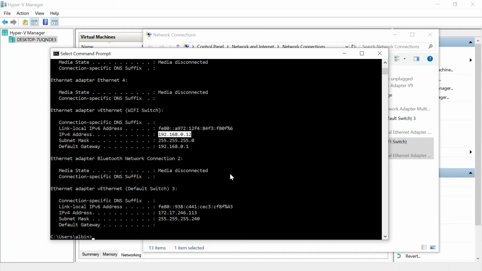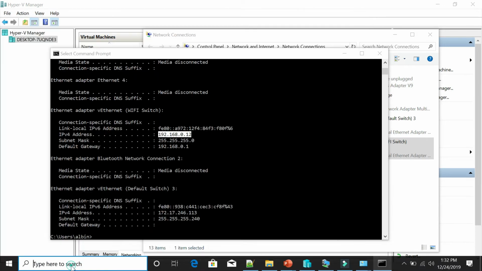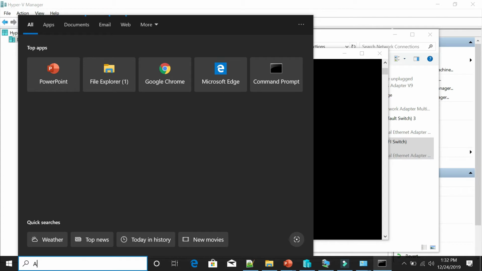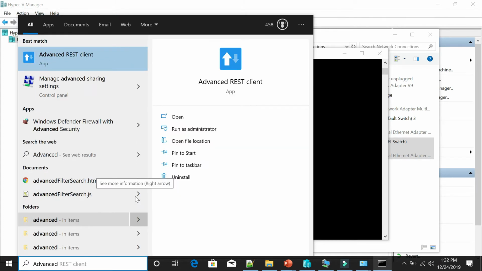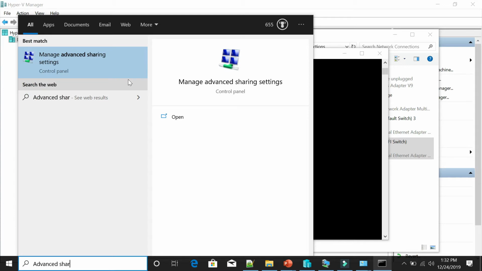Now we need to enable the sharing. For that, what we need to do is go into advanced sharing settings. Click on Manage advanced sharing settings.